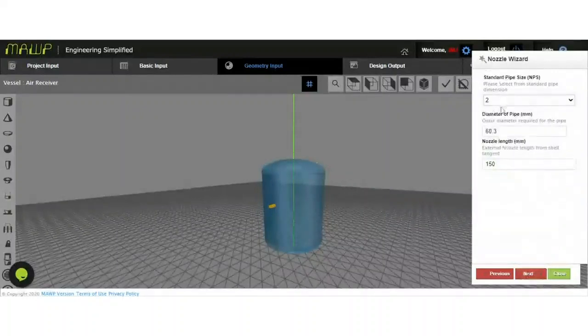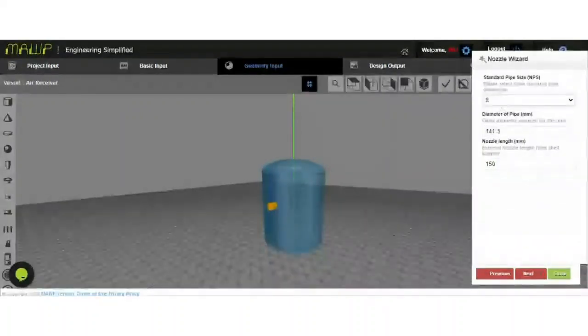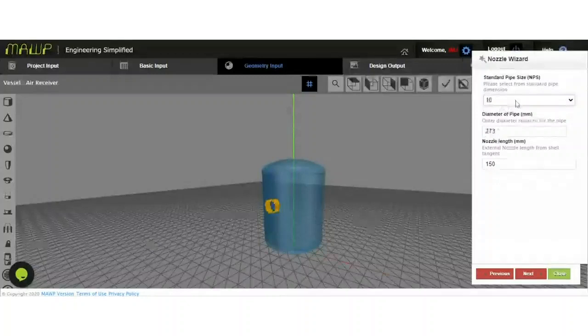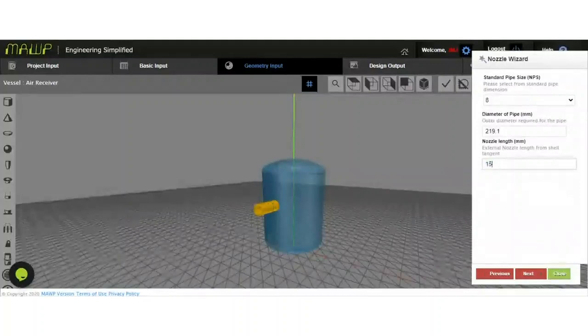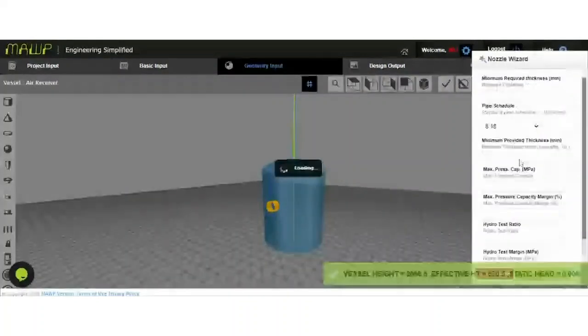When you go to the next, it will ask you the pipe size. You can select the pipe size and drag it. Right now we'll go for 8. The length of the nozzle will be kept at 150. You can also increase the length, but right now we'll keep it as 150.